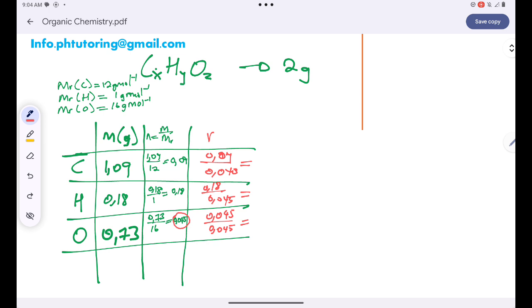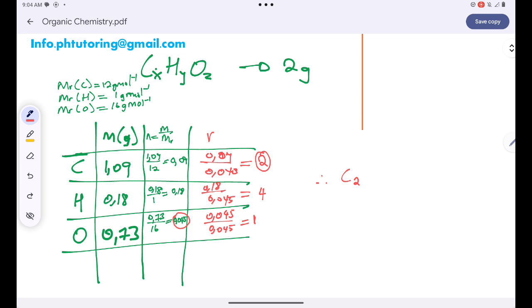So 0.09 divided by 0.045 will give me 2. 0.18 divided by 0.045 will give me 4, and that one will give me 1. So therefore my empirical formula will be C2